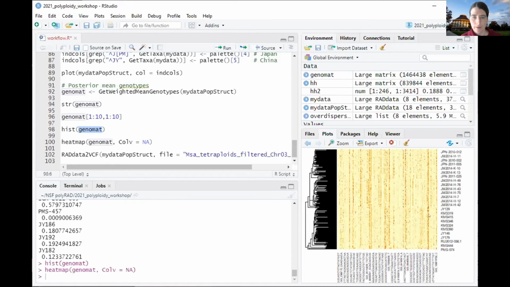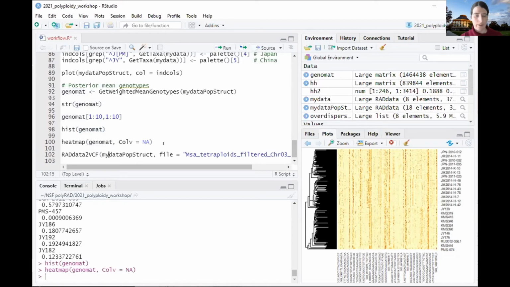So if I run this heat map, I see clustering of individuals and I see my North and South Japan and my Korea and China. So they're clustering in ways that make sense. And by taking this bird's eye view of these colors, I can see how the genotypes are varying across the different populations. All right,